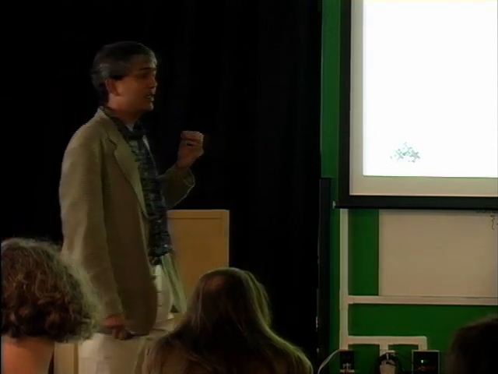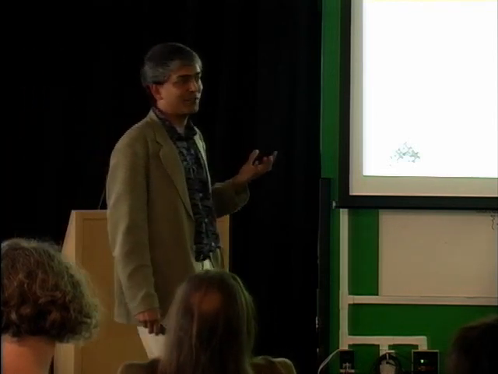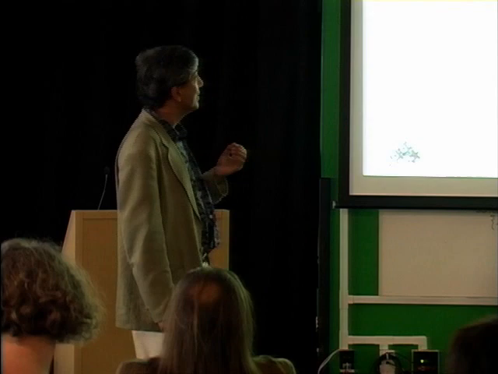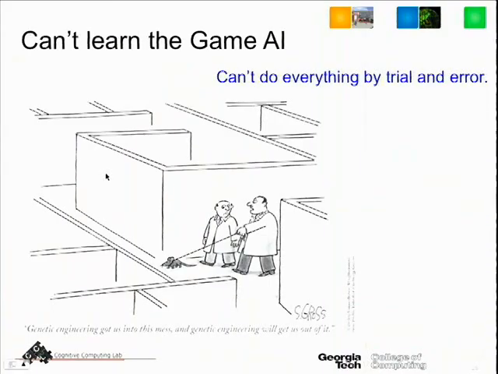And your users, the kids in this museum, are going to come in and say something or do something that you didn't anticipate. The world's going to be different. Right? You can't learn everything by trial and error either. You can't just throw machine learning at it because the state spaces are too large. This isn't a reinforcement learning problem where you can run thousands or millions of trials and somehow the game AI will train itself. You really need a combination.